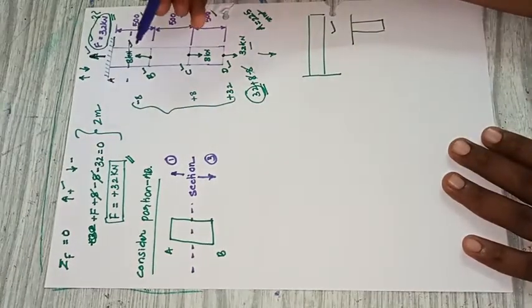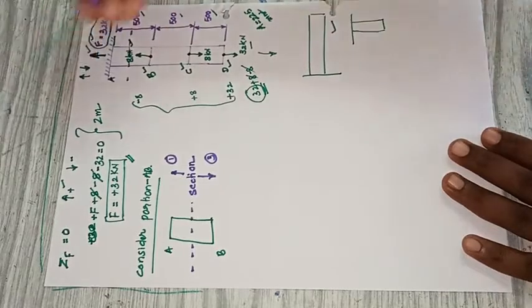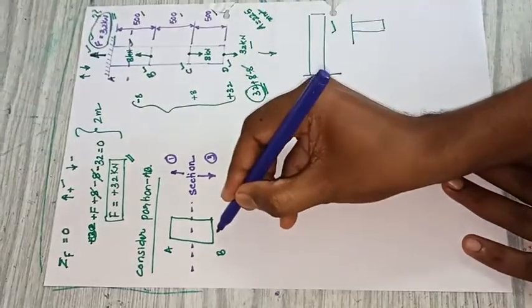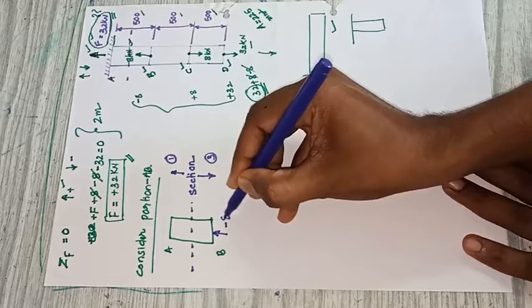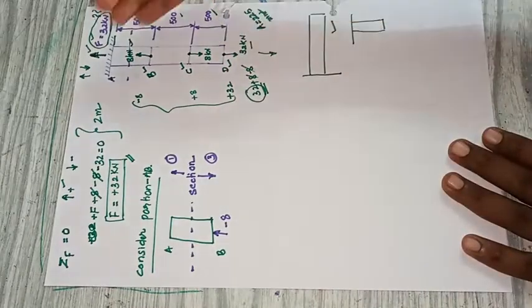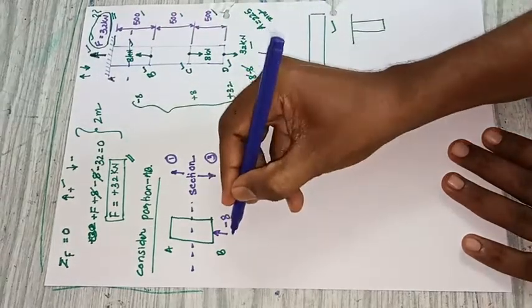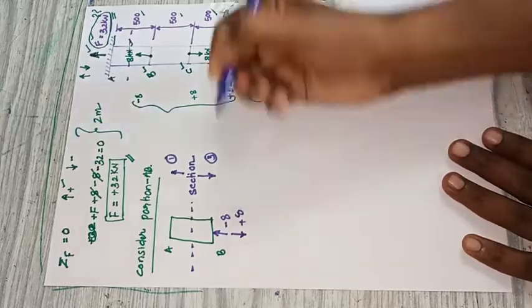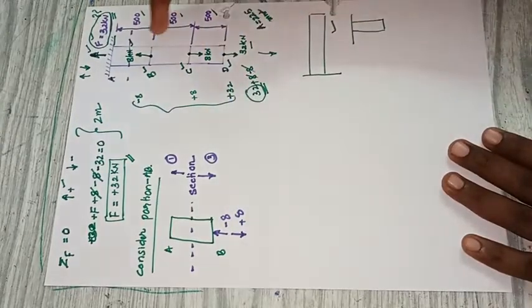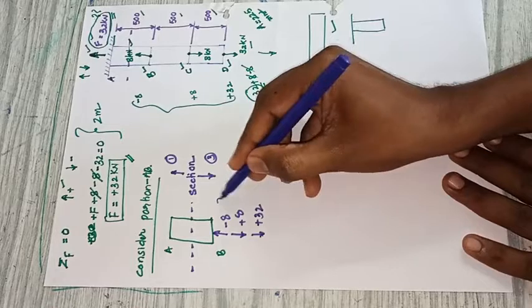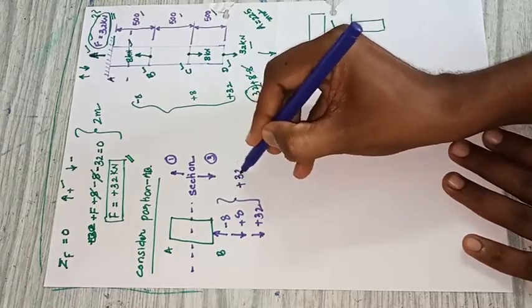The first is 8 kilonewton, neglecting the remaining three forces. It is acting on the cross section AB, so it's a compressive force. I will write here minus 8. Then the other 8 kilonewton, neglecting the remaining three forces, is acting away from the cross section. It is plus 8. Then comes 32, which is also acting away from that. It is 32 kilonewton. If I make the summation of that, I will get plus 32 kilonewton.